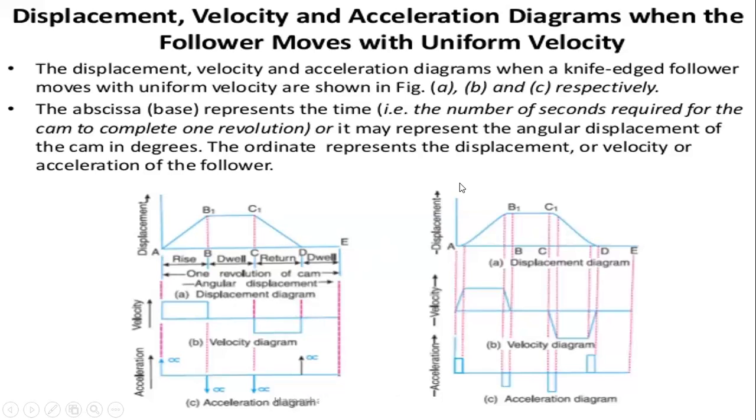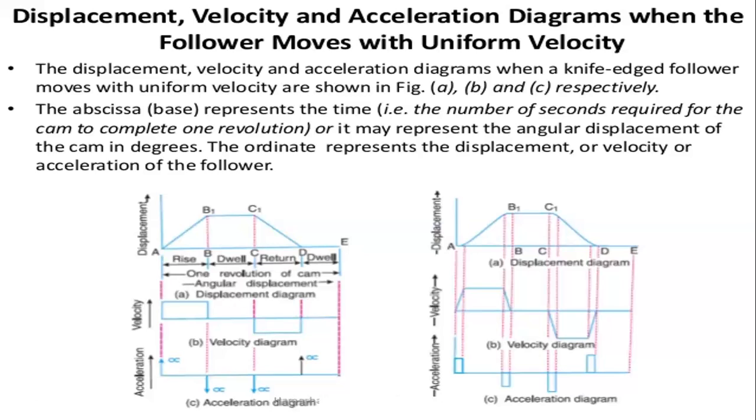So when we draw the displacement diagram, we need to take a scaling, and the scaling can be anything. The line is drawn to represent the total 360 degrees. This line is used to represent the 360 degrees line mark. For easy calculation I am taking 1 centimeter equal to 10 degrees, so the total is 36 centimeters, 36 into 10 is 360 degrees, exactly 36 centimeters.